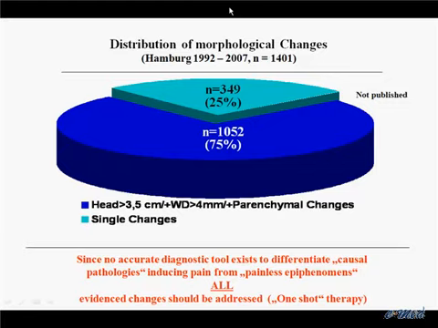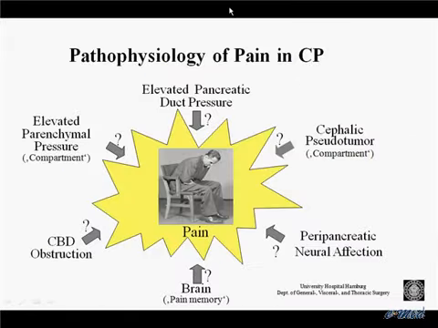You will see that the majority has an inflammatory pseudotumor of the head, and the minority has single changes. So, a one-shot therapy is probably the treatment of choice, since no accurate diagnostic tool exists to differentiate causal pathologies, including pain from painless active components. And when you look at the pathophysiology of chronic pancreatitis, it could be either elevated parenchymal pressure, the